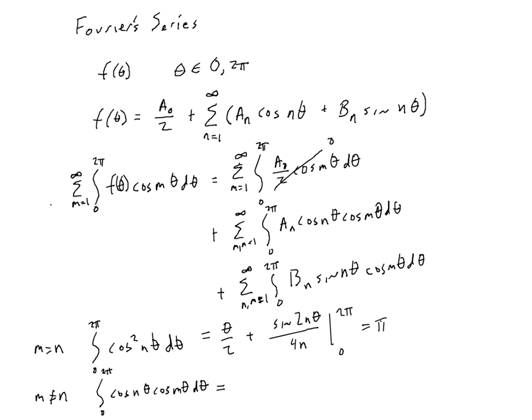Keep in mind n and m are both integers. Anybody remember? You end up getting a sum of angles, right? The sums and differences. Does anybody remember the formula for